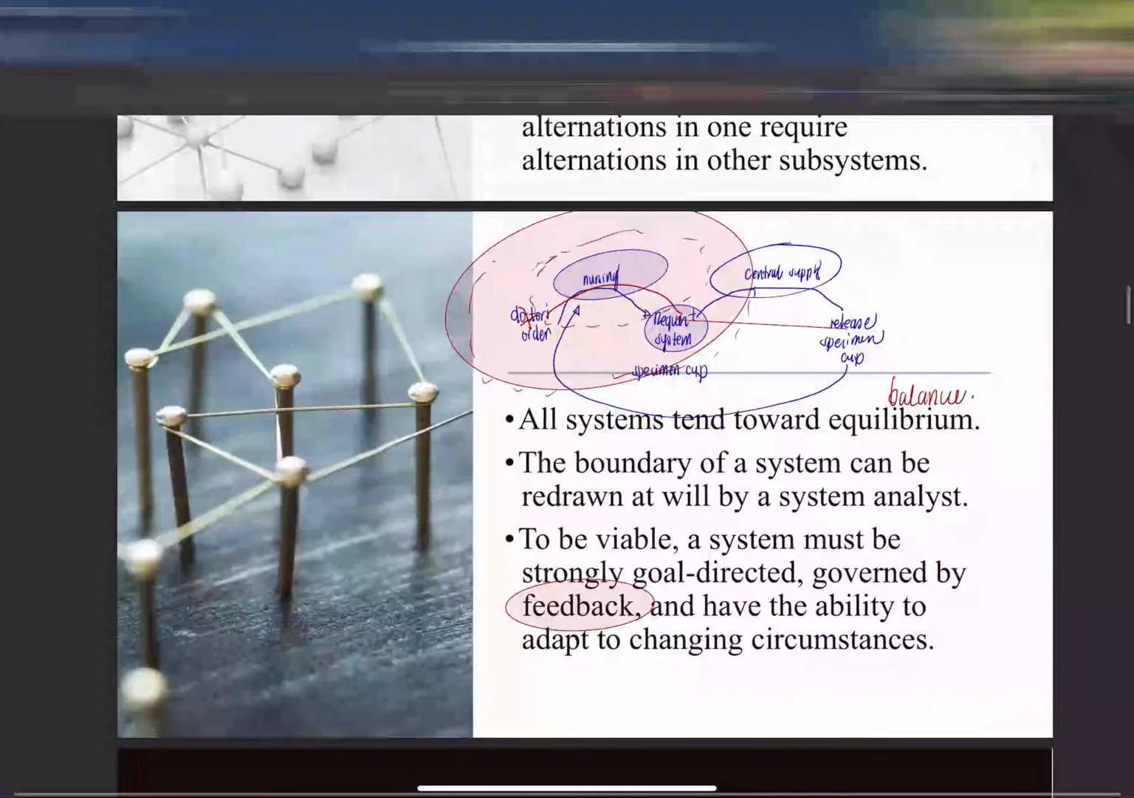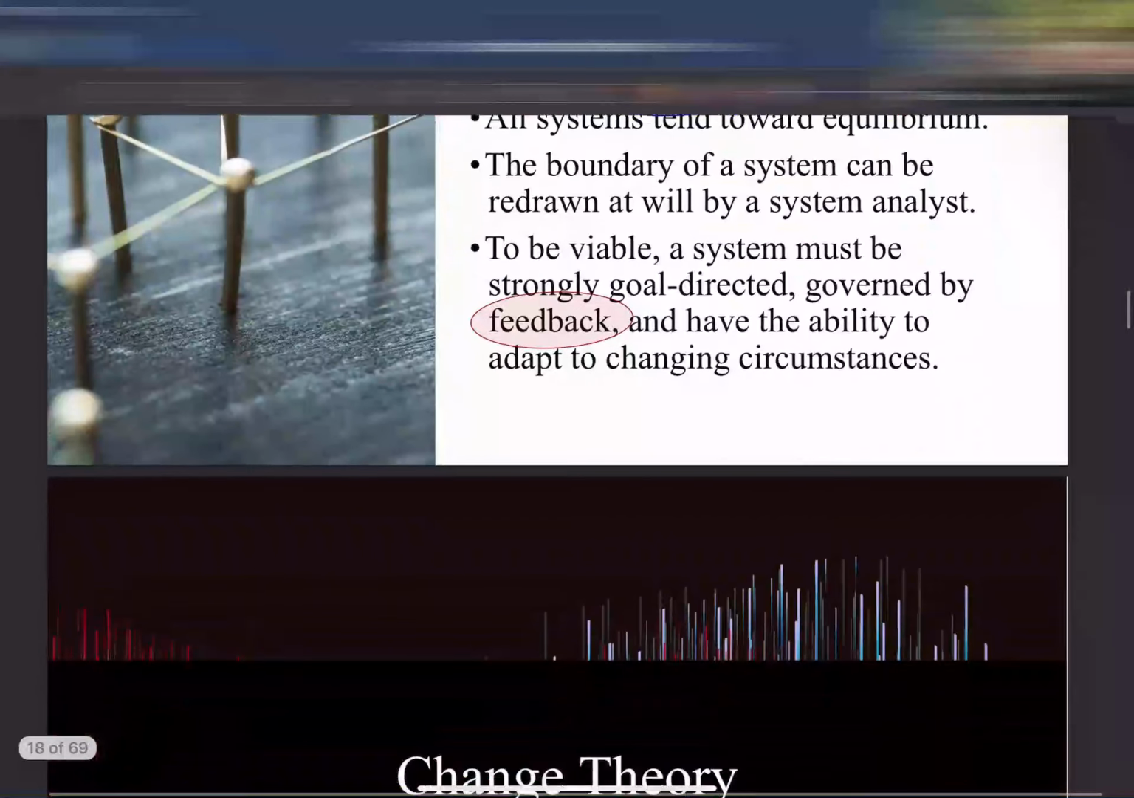Okay? That's the main message of your general systems theory. Okay? In the next discussion, I'll be talking about change theory naman. Unless if you have any questions,